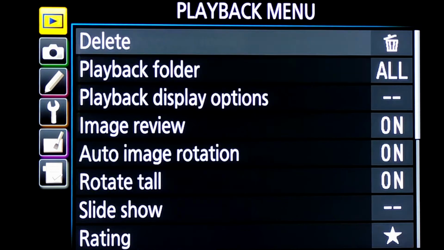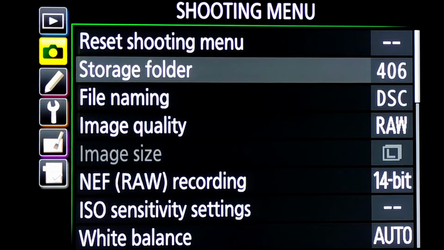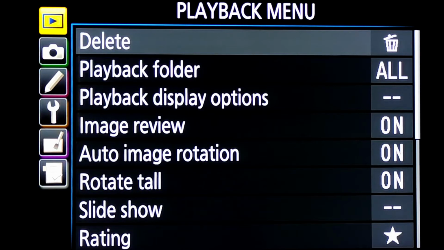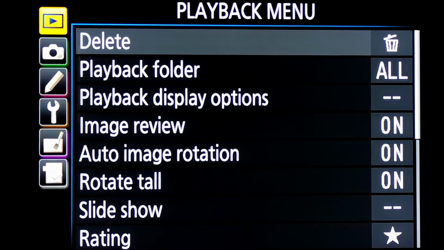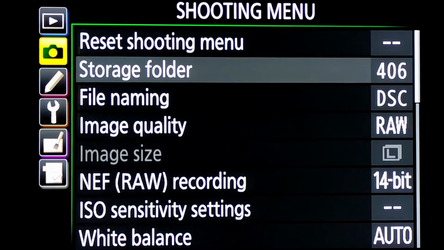On this Nikon D5600, the user interface for the menu is very user friendly and very intuitive. Compared to the recent mirrorless cameras that are available in the market other than Nikon, what I observed is that there are too many pages and too much customization required, and it's very difficult for new users or beginner level photographers to understand.